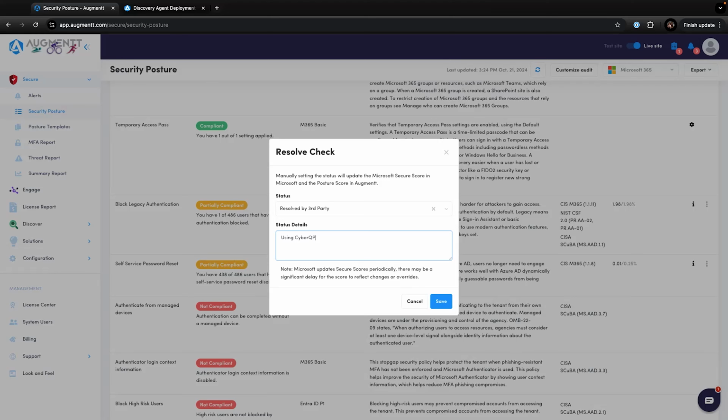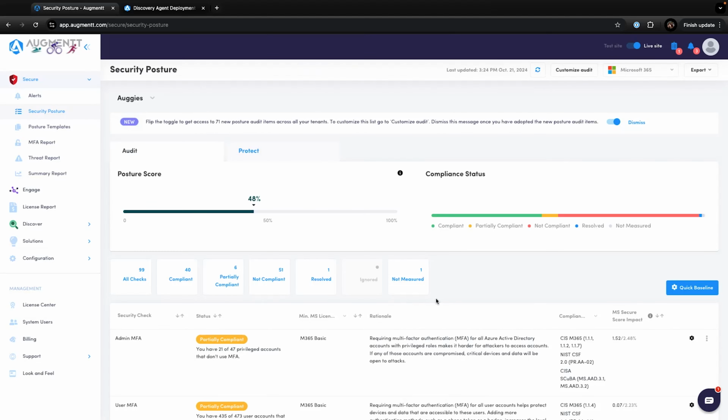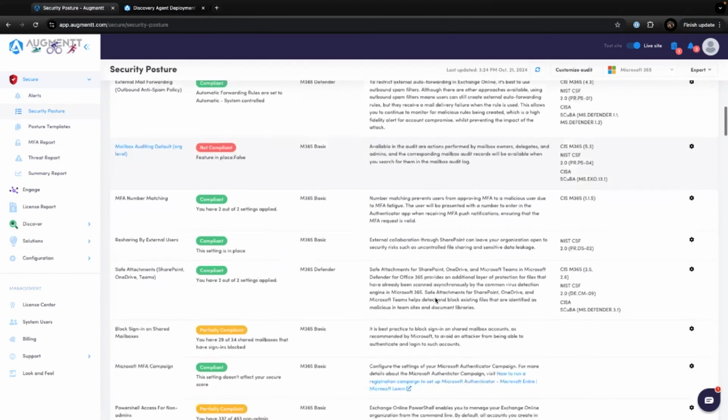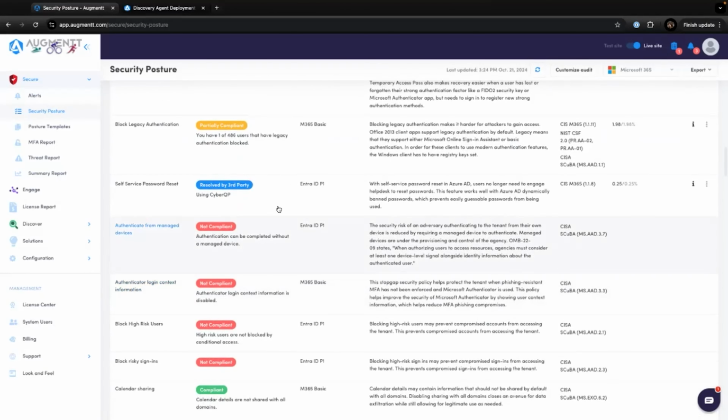Now, if you override the compliance status, you can put in your own notes. If you select resolve by third party or alternate mitigation, the Microsoft scores will actually go up. Now, if you do risk accepted, it will still mark it as resolved, but it will not raise the scores because whether a risk is accepted or not, it is still a risk. But this way, when the customer sees the report, they see blue, they see your notes, it's not scary,